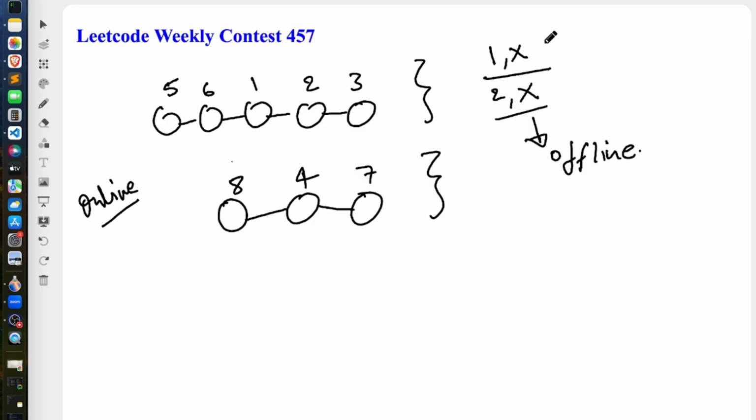If it is given in the form of 1 comma x, you first have to check whether x itself is online or not. If x is online, return x. Otherwise, if x is offline, you have to return the minimum ID among the group connected to it. Let's say station 1 becomes non-operational, but you are given a query of type 1 comma 1. You first check if 1 is online, but 1 is not online, right? So this is the group which is connected to 1. We have to return the minimum ID among this group which is